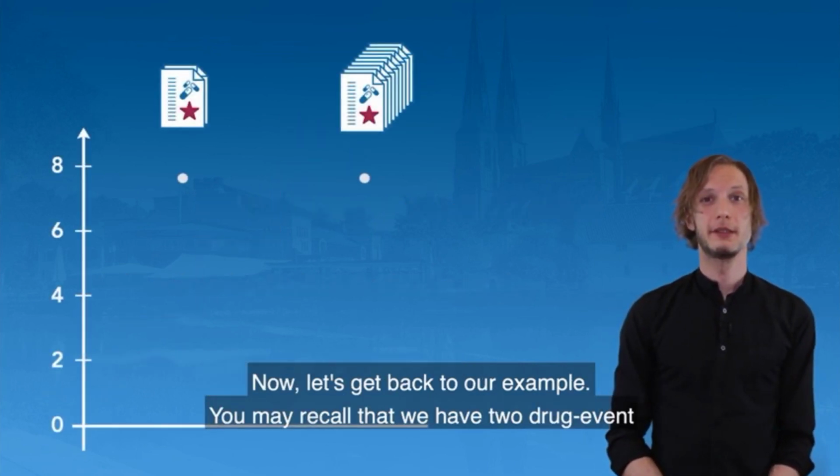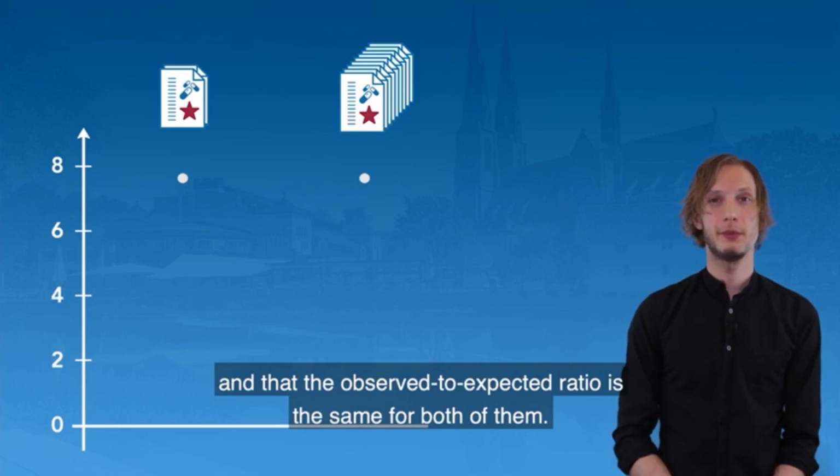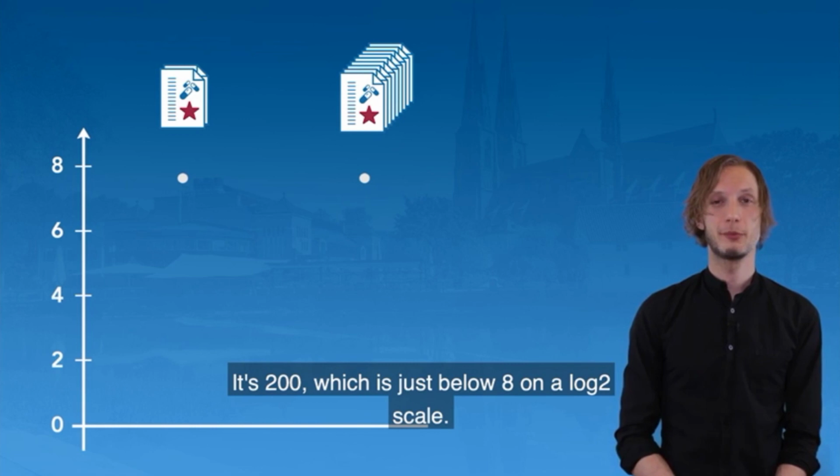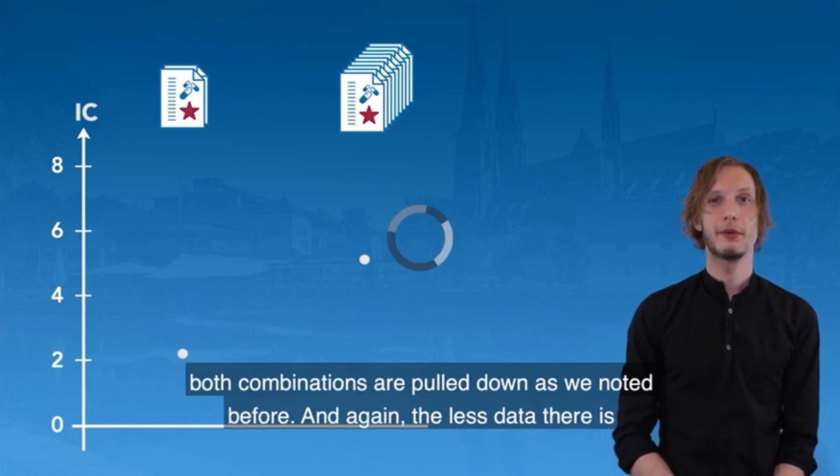Now, let's get back to our example. You may recall that we have 2 drug event combinations, one that has 2 reports and one that has 20 reports, and that the observed to expected ratio is the same for both of them. It's 200, which is just below 8 on a log 2 scale. If we then apply the shrinkage, which means we compute IC values, both